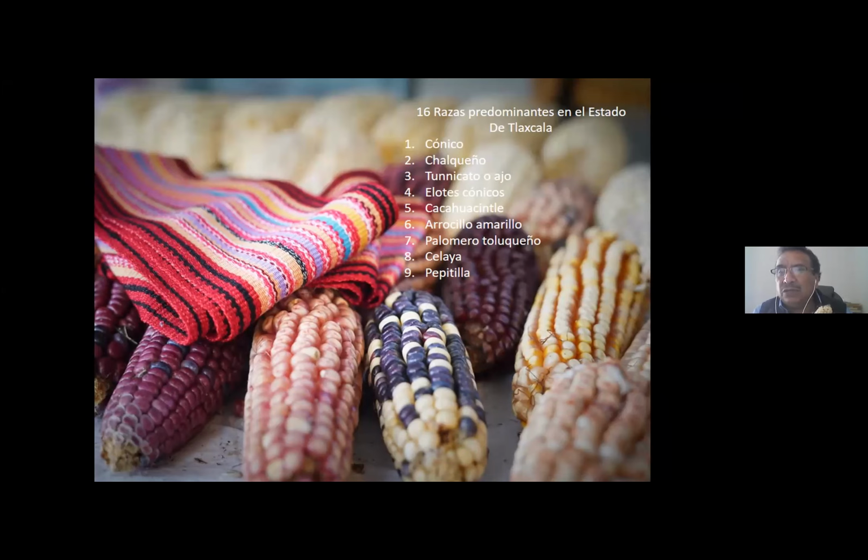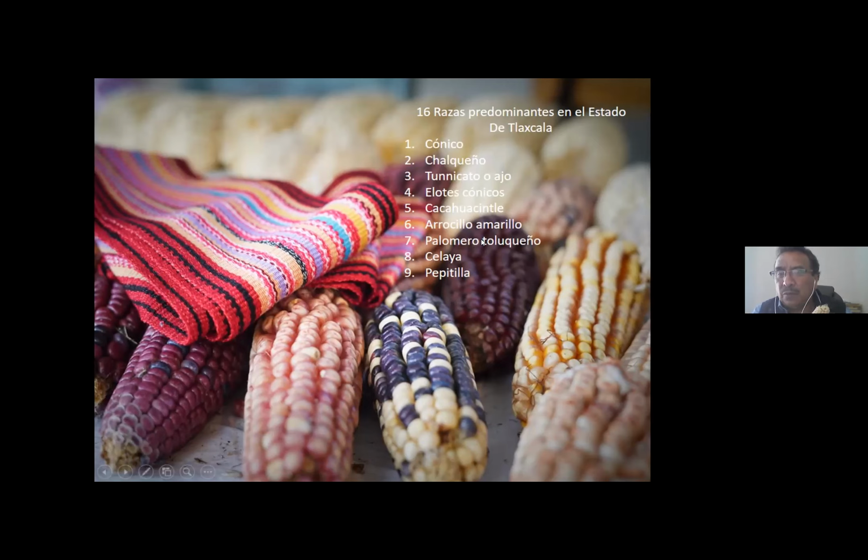And we know that it's the women here in Mexico who created all of these varieties, all of these breeds of corn. These are our roots. All of these types of corn are the ones that we have in Tlaxcala, of the 59 or 60 or so in Mexico. In Tlaxcala, we have 16. So that means we have about 20% of the corn varieties that exist in Mexico. And the main ones we use are these 9.